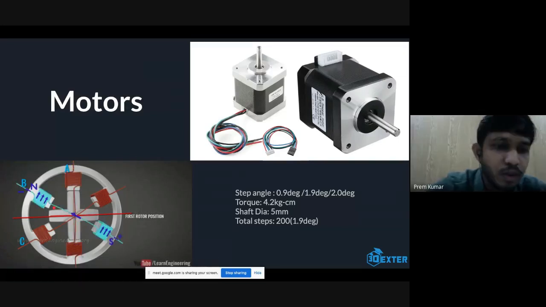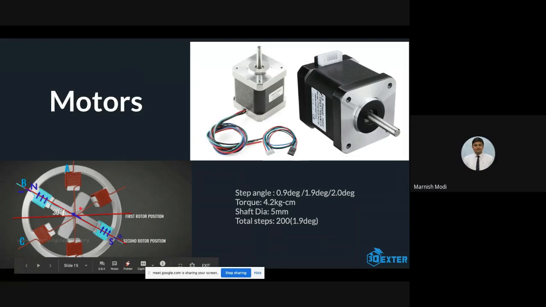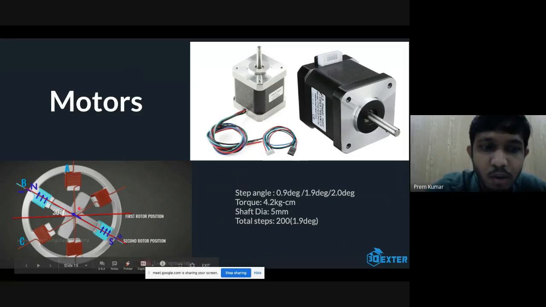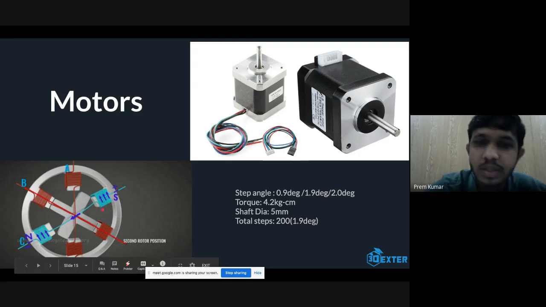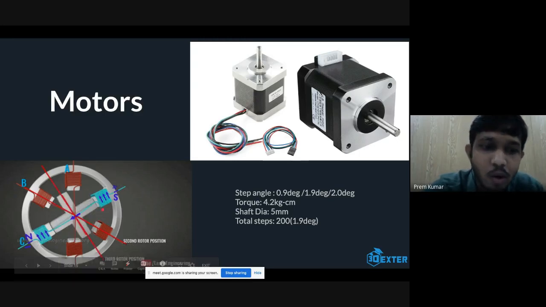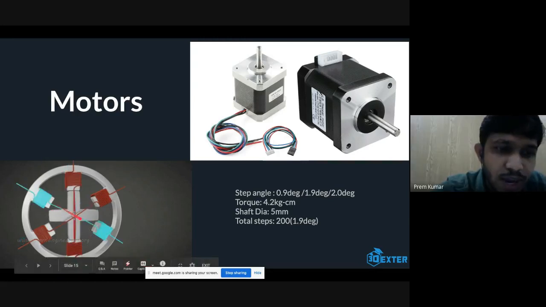So if you see in a DC motor, once you start, it continuously starts rotating. It will not stop at a particular angle. If you want to stop it exactly at 30 degrees, it will not stop, because once it starts, it continuously rotates, because the coil that you use is only one coil. Or if you look at this, it has independent coils.